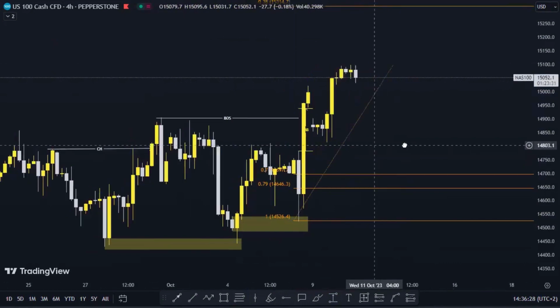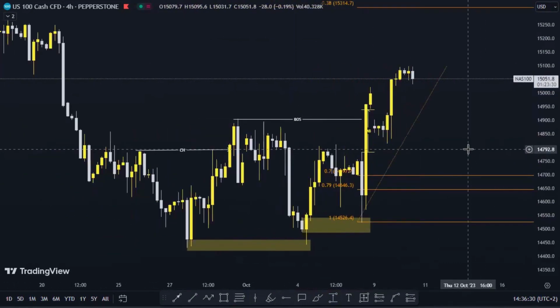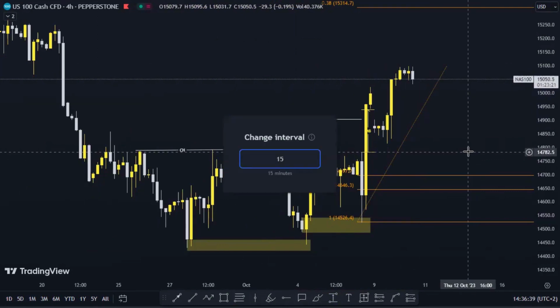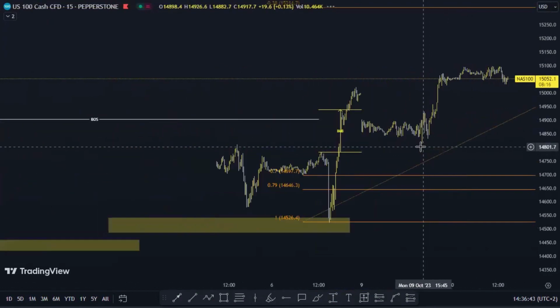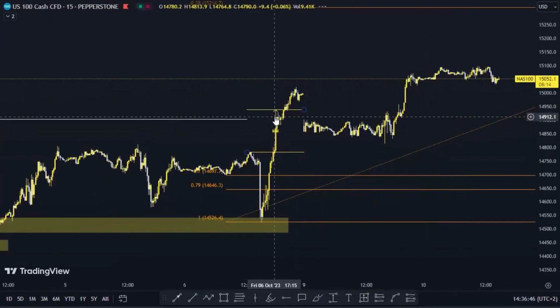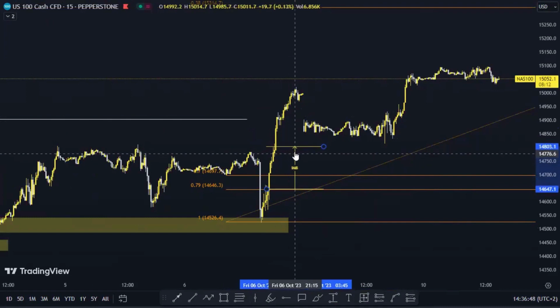I think it was based on the attacks on Israel by the Gaza Strip. So yeah, let's go to a 15-minute time frame. So we're dropping down, top-down analysis is very important. This imbalance, we can bring it here,